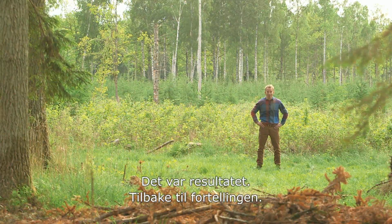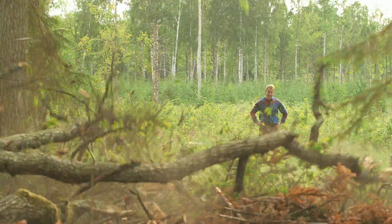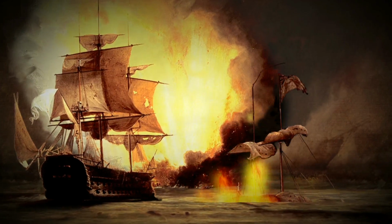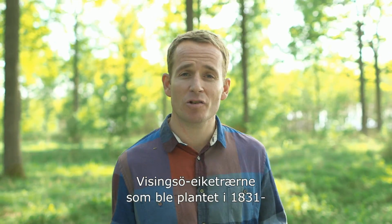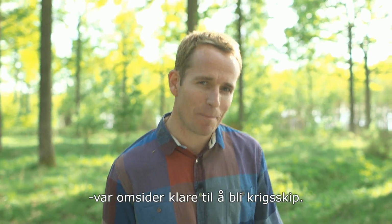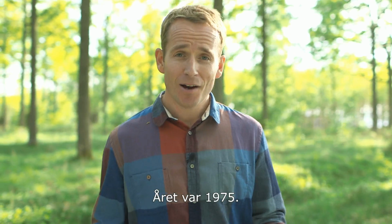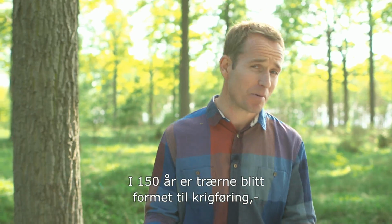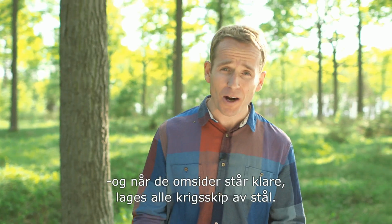Now you've seen the result, let's get back to our story. The Visingö oak trees that were planted back in 1831 were finally ready to become battleships. The year was 1975. For 150 years these trees had been prepared for warfare, and when they were finally ready,